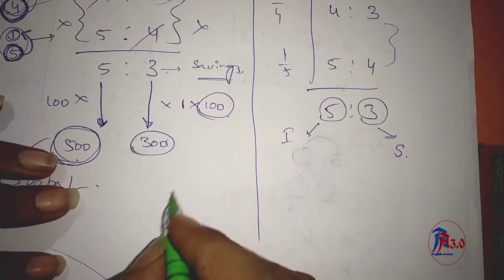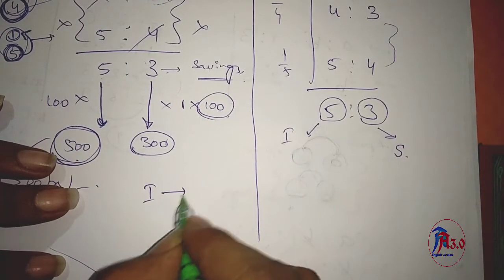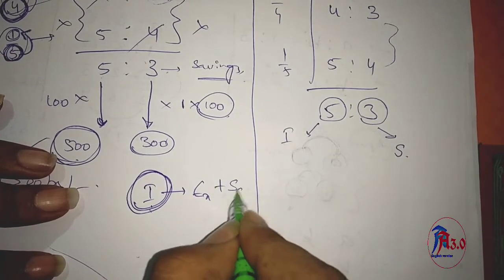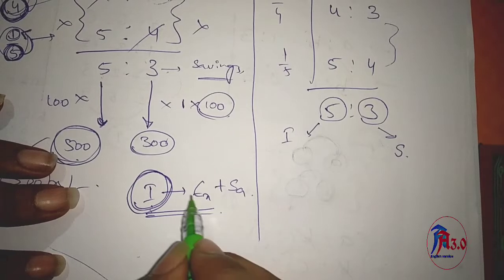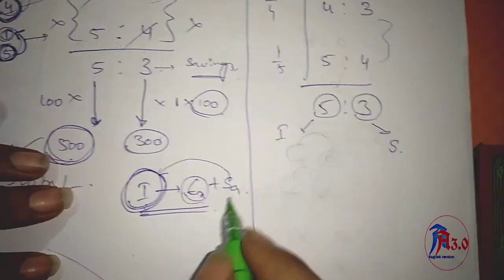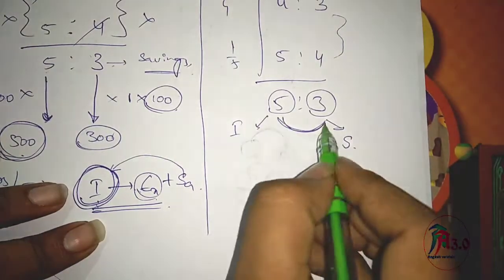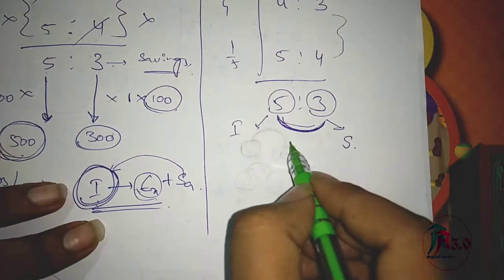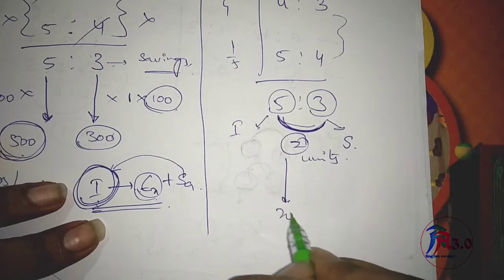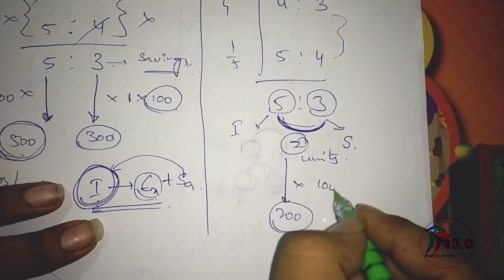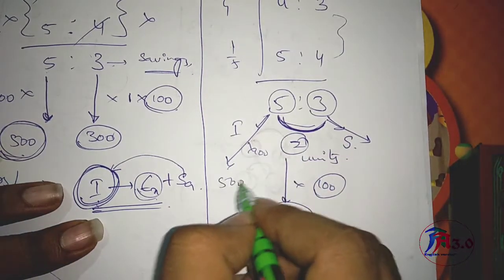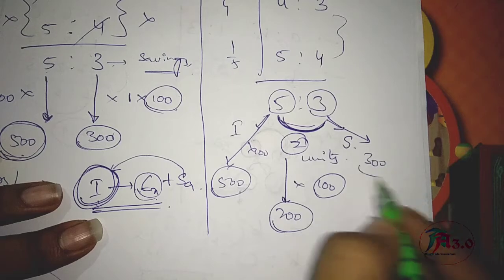Do you know the formula for income, expenditure, and savings? Income is a mixture of expenditures and savings. To get the value of expenditure, income minus savings gives the value of expenditure. Here, income minus savings, how many units is it? 2 units, and the 2 units are given in the question as 200. So 1 unit value is 100, and we will get the salary and savings also. 5 into 100 is 500, 3 into 100 is 300.